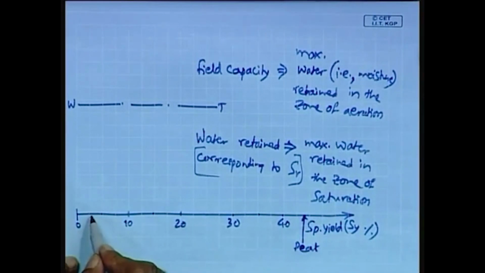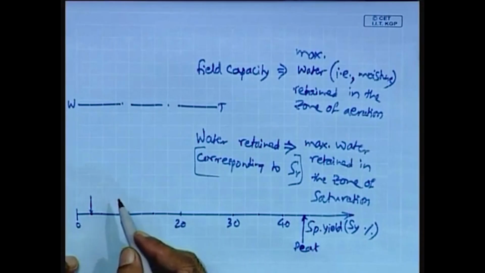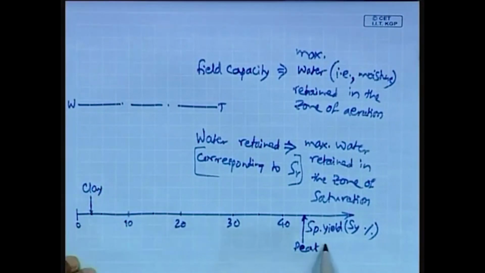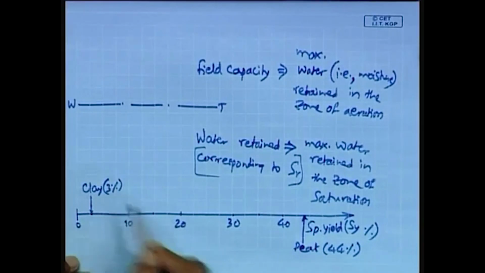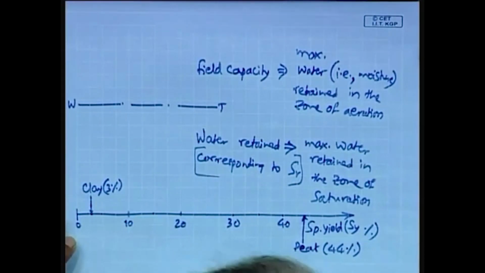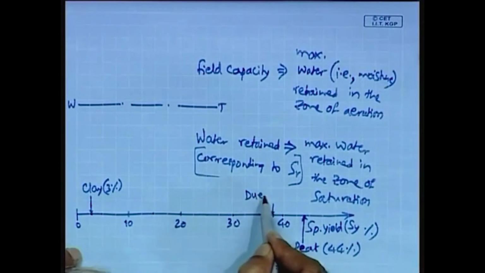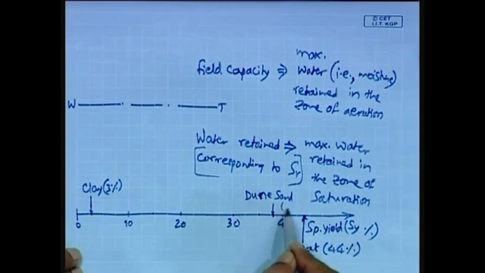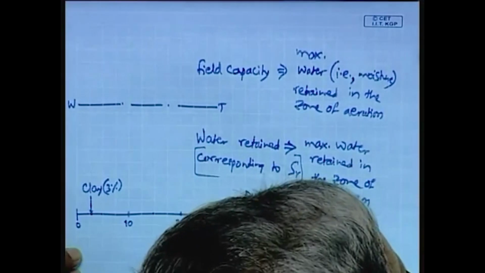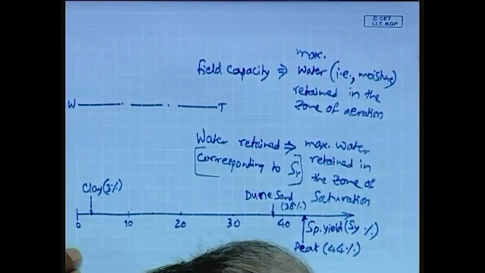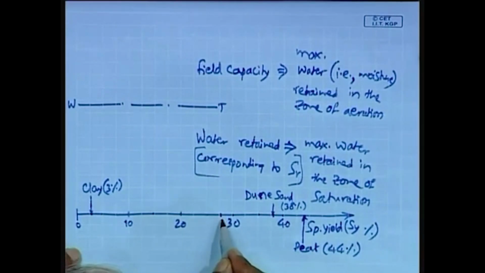and then the lowest specific yield is observed in clay, which is so peat, it has 44%, and this clay which has the minimum, which is 3%, and in between we have say the dune sand, and we have say medium sand, which has say 28%,